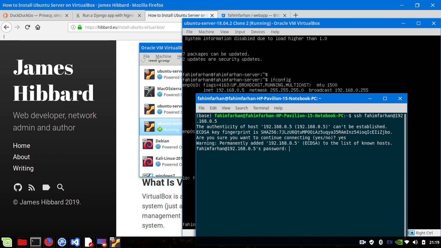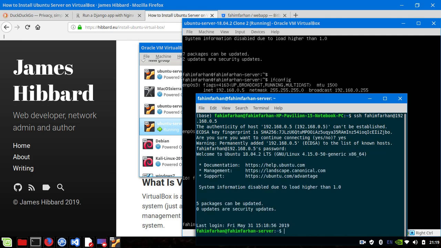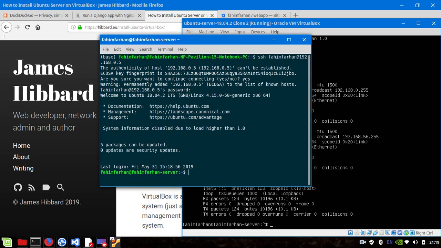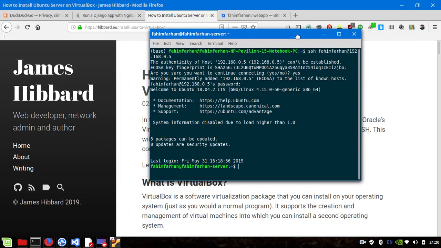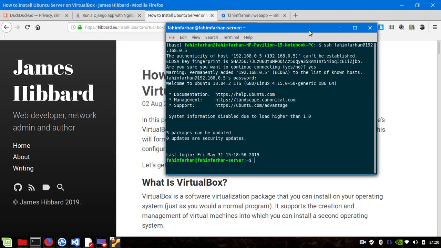And bingo, we're connected. So normally what happens is that if you go to an actual server like Amazon or